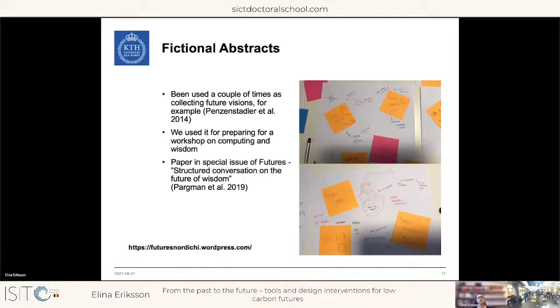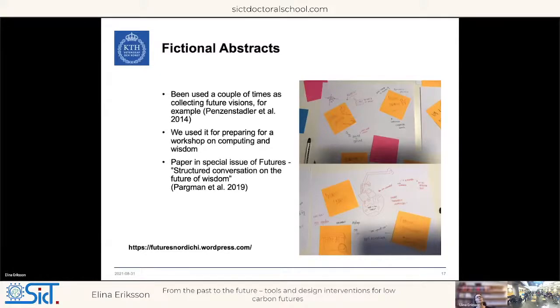So just a short last example of things that you can do to play with the future, which we've been using in the workshop also, is fictional abstracts. And I think this is something that you can't use with the general public, but for researchers, this is brilliant. So everybody knows, at least when you come a year or so into your PhD studies, what a research abstract is. You read lots of them. And if they are well written, it draws up this alternate world quite quickly if it's a short abstract. It has been used for collecting future visions, and we used it in order to explore what the